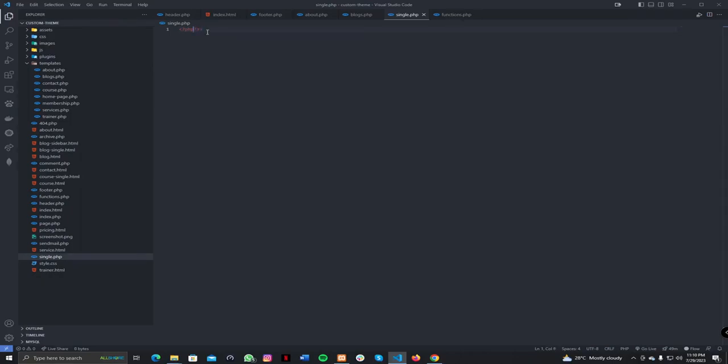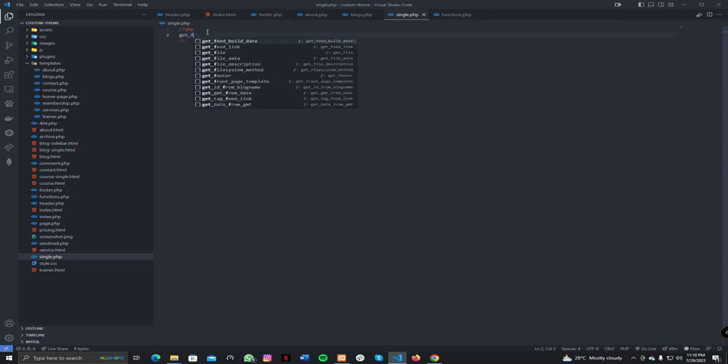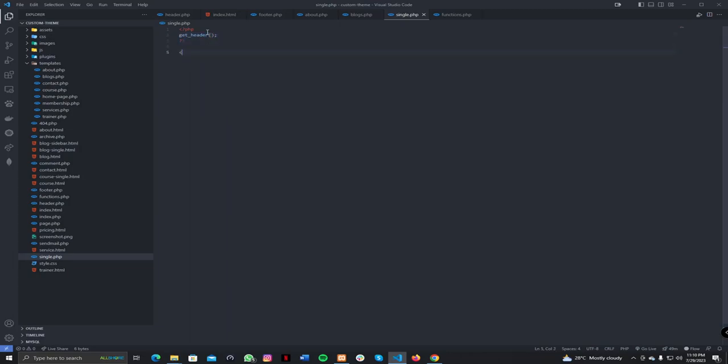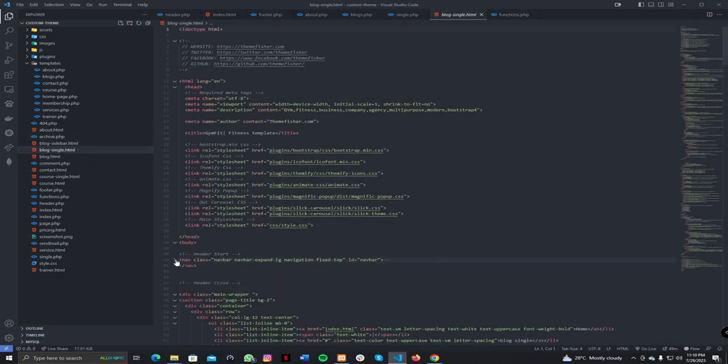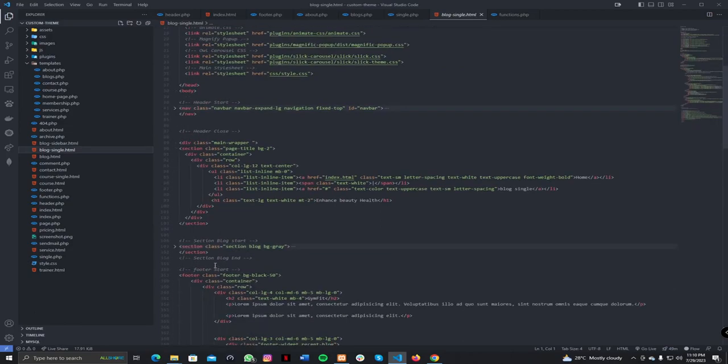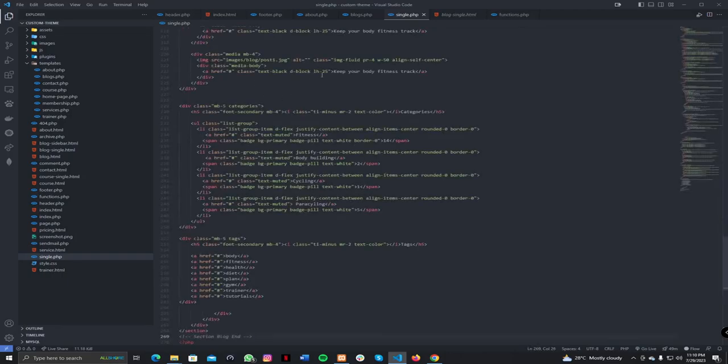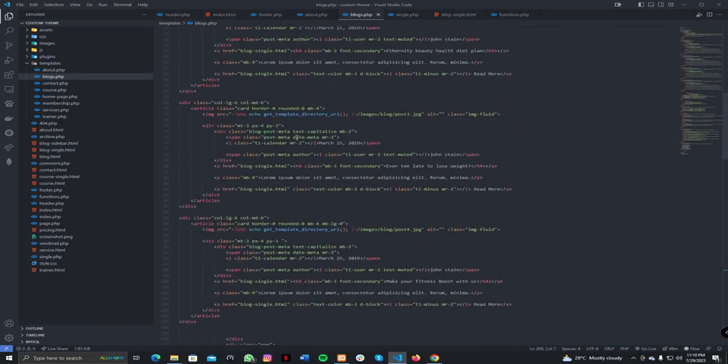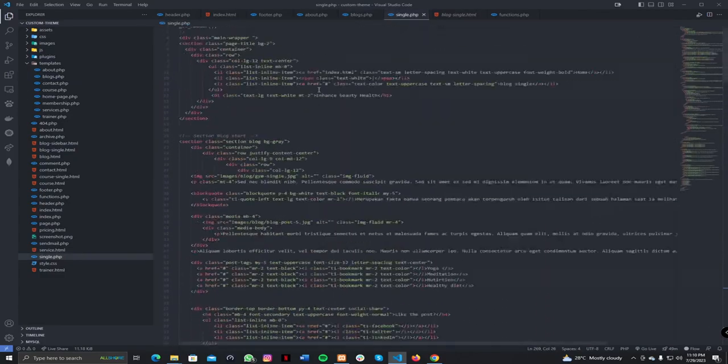Okay, so let's just go into that page, single.php, and add our two functions, sorry, which is get_header first, and then the second function is get_footer. Okay, now go to our blog-single.html. We don't need the header again, we don't need the footer. Just copy this one and go inside that, and let's just copy our get template directory URI function,